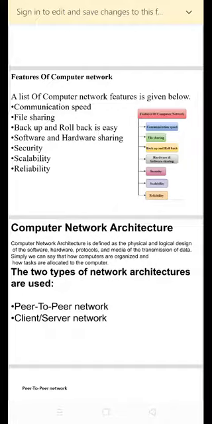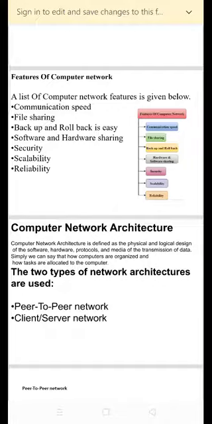We can install the applications on the main server and the users can access the application centrally. So we do not need to install the software on every machine. Similarly, hardware can be shared.